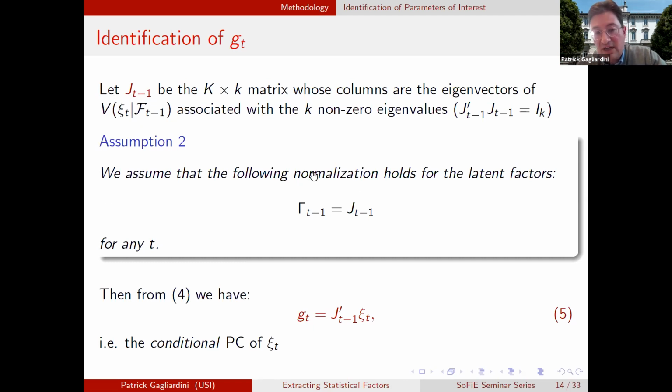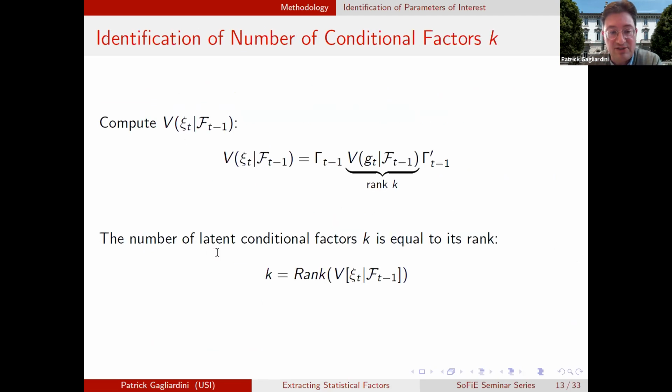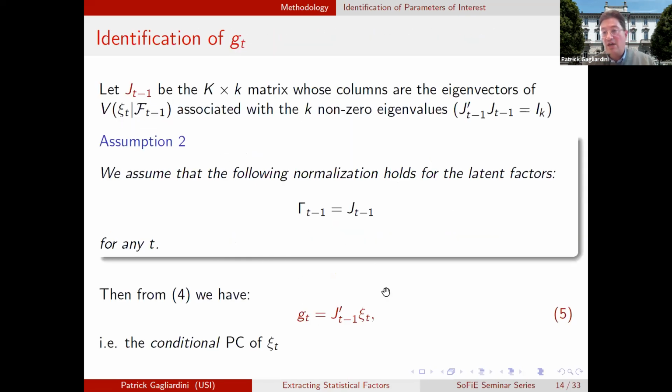Now, if I have that gamma t minus 1 is equal to J t minus 1, then if I go back to this equation, I can easily solve this equation for g t by multiplying both sides by the transpose of my matrix J t minus 1, and I get this. And you might recognize that actually in this way, my vector of latent factors turns out to be nothing else than essentially the conditional principal components vector of the